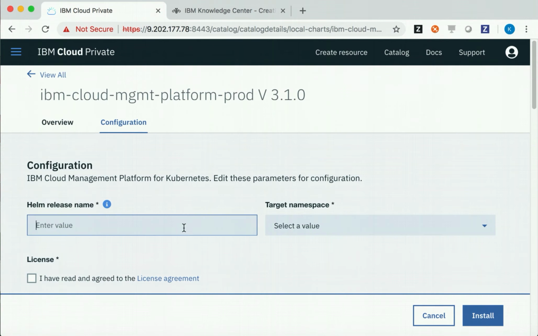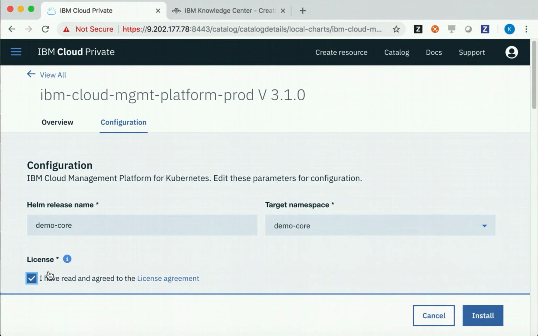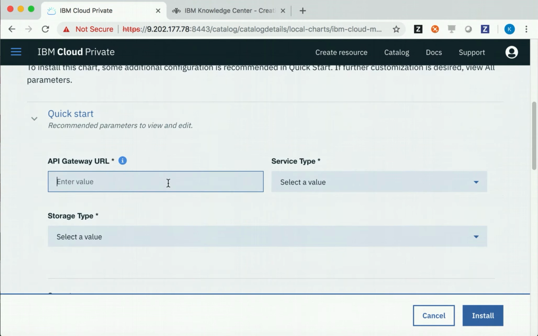First, the Helm release name has to be provided. Let's give the name as demo code, and we need to select the target namespace. We have created all our secrets in the target namespace, the demo code. Let's select that. Click the license agreement button. There are a couple of mandatory parameters which need to be provided. One is the API gateway URL,